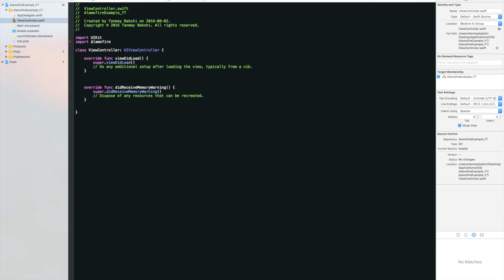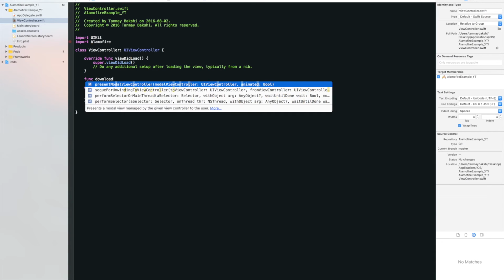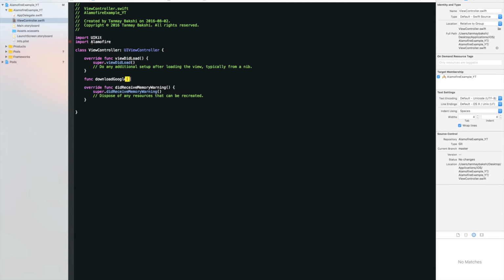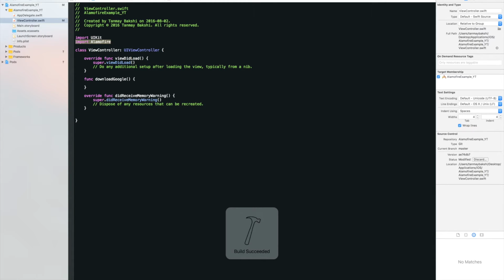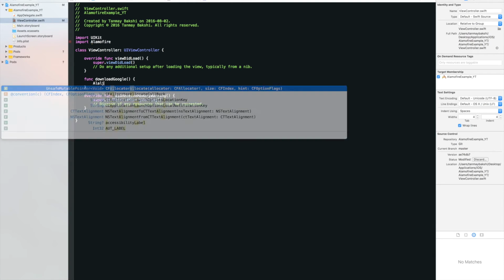Essentially what I'd do is I'd say, first of all, func downloadGoogle, okay? And now I'm going to actually send an Alamofire request. So if I build, first of all, as you can see, there's a second, it's building. And in just a second it says build succeeded. So now a very simple way to get something from Alamofire, or download something, is to say Alamofire